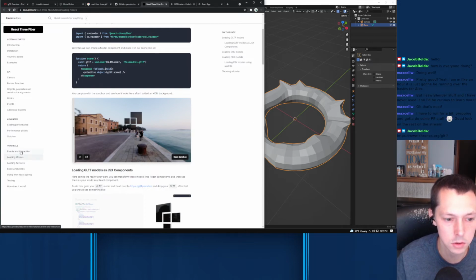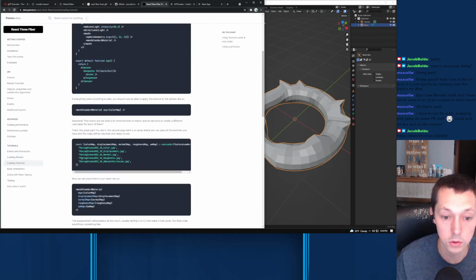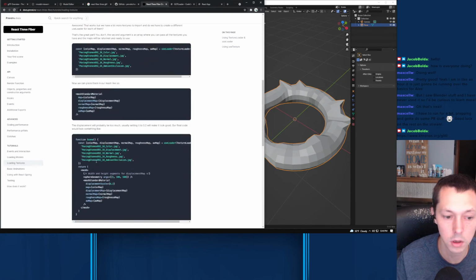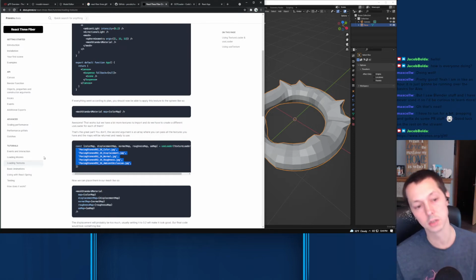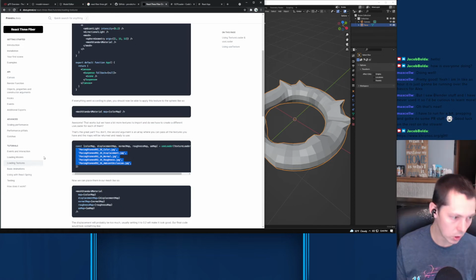What I'm curious about is loading textures. Oh, so you can load textures separately. Interesting. Once you have textures in there, especially if they're JPEGs, that caches pretty well. And I think that helps reduce the size of this overall. I mean, it doesn't reduce the size, but if you have a small texture file,